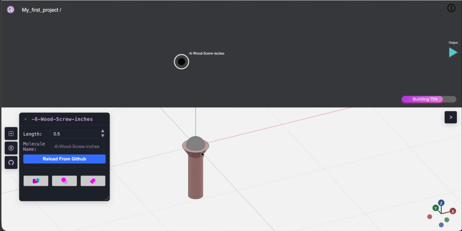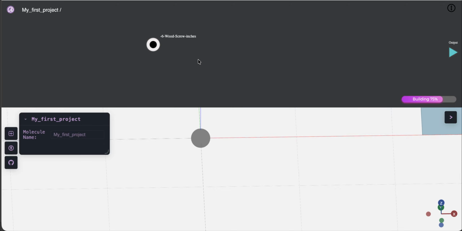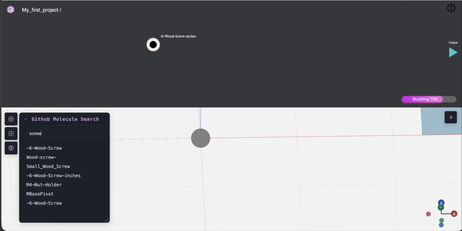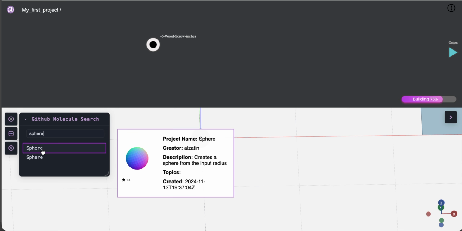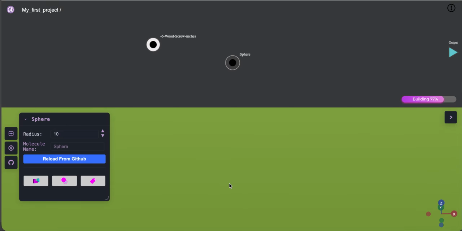And there it is. There is the screw that I have as another project, and I have imported it into this project. Another way in which you can access GitHub molecules is by clicking on the GitHub logo on this side and searching again, by screw. Or what about sphere? If someone has made a sphere, see, I've forked, I think, bar sphere, and you can also add it into